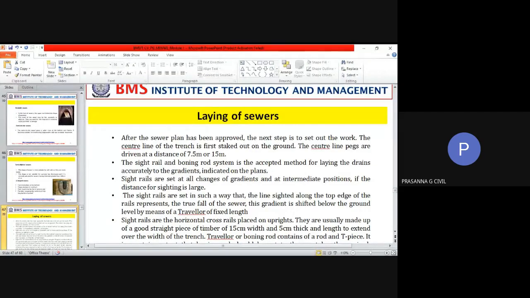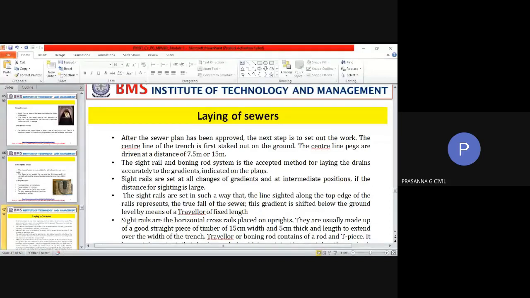The branch sewers, which will be carrying the wastewater from different areas towards the main sewer, and the lateral sewers, which are probably the sewers in particular lanes or